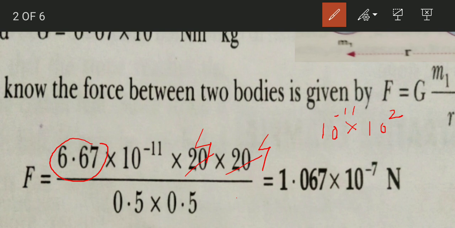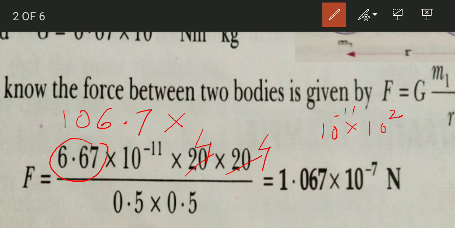Now you multiply the numbers. 6.67 into 16, you will get the answer as 106.7, into